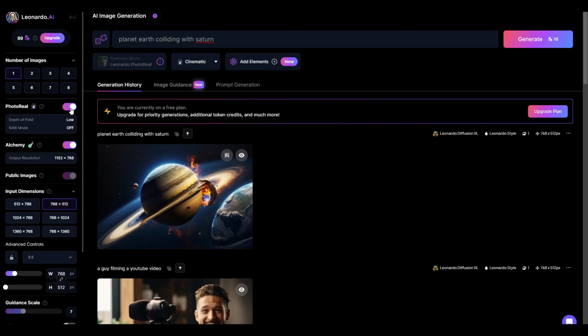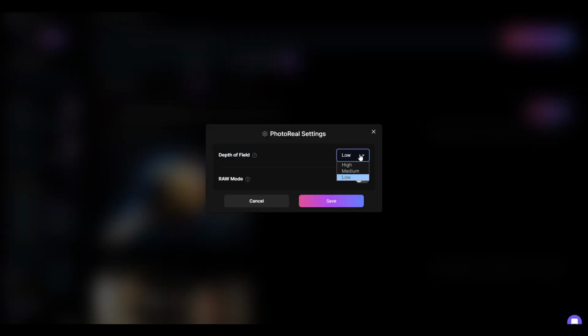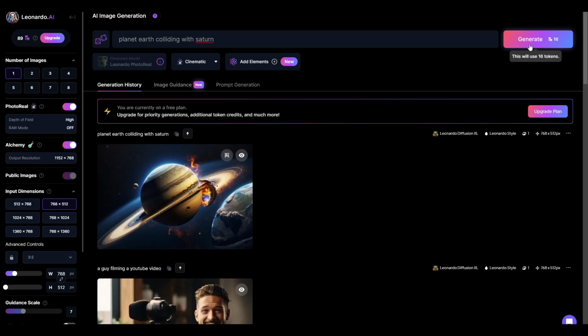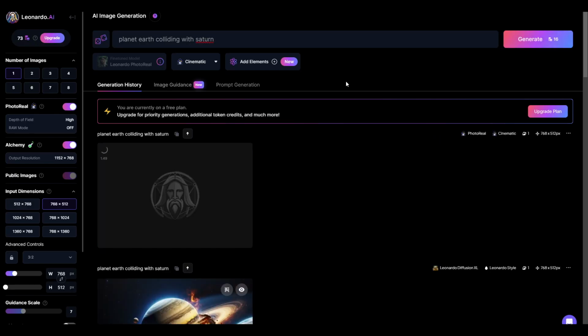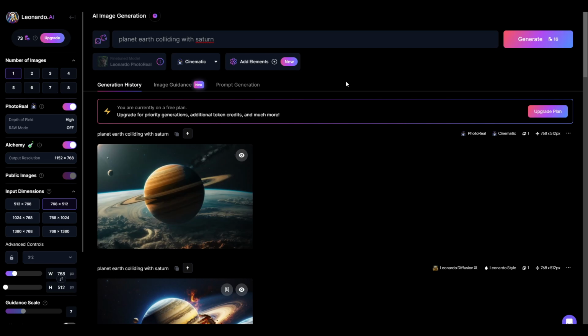And yes, you can do photoreal. Let me spend everything I have here now, so who cares, right? Depth of field, high, save, 16 credits now. Let me generate the same exact prompt, but now with photoreal and alchemy turned on, that will take 16 credits. Yes, you can buy more credits, you can upgrade, and in that case, you can have more than one workload going on at the same time. These things reset daily. Your credits reset every day, so every day you get a fresh set of 150 credits, which for small stuff